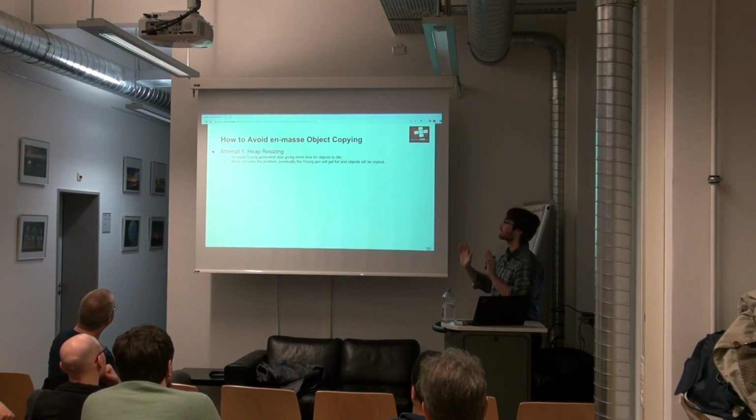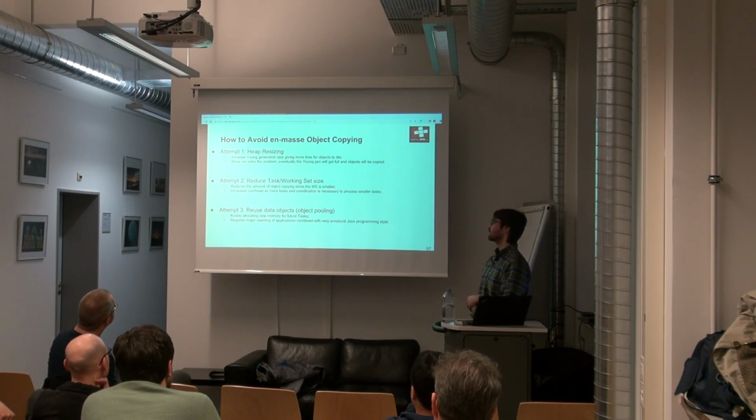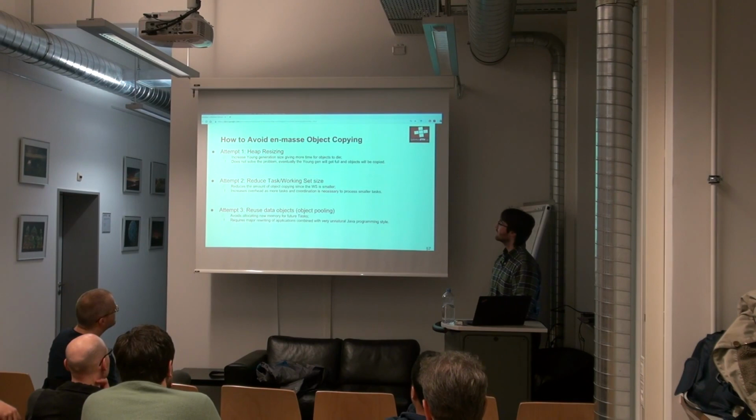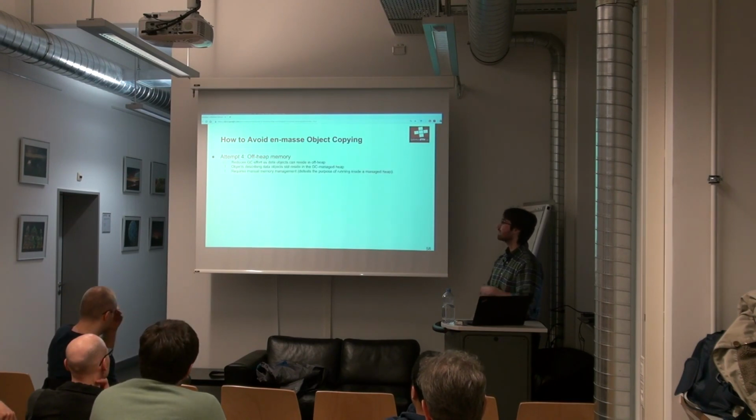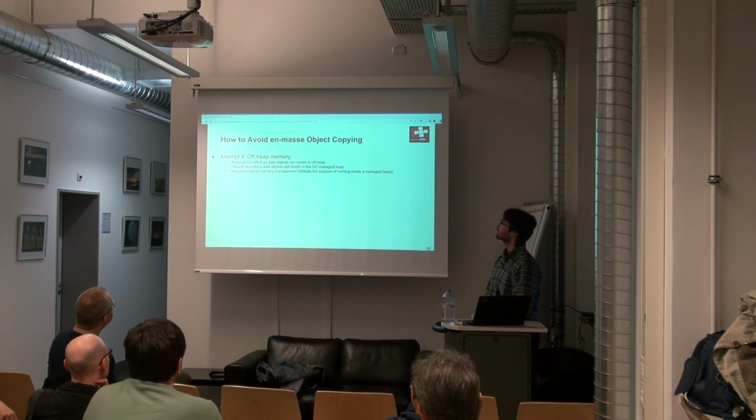Okay, so there are a lot of alternatives to this. You can do heap resizing: instead of 2 gigs, I can put it smaller. You can do task working set size: instead of putting 500 megabytes for each task, we can do it smaller as well. You can do object pooling, which basically boils down to implementing GC in user space, but okay. You can also do off-heap memory. There are several software projects that use a lot of off-heap memory. Again, this is kind of re-implementing GC in user space.